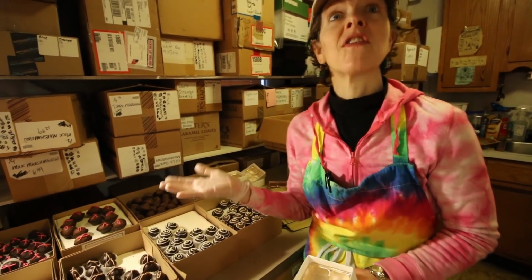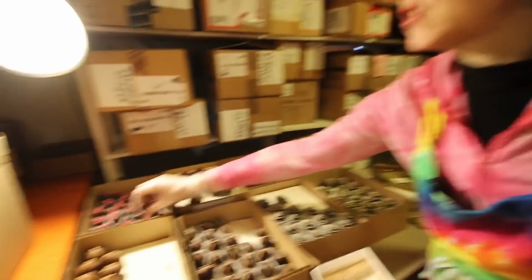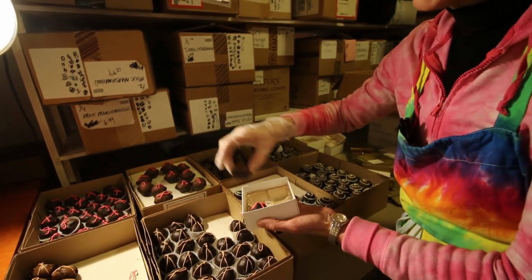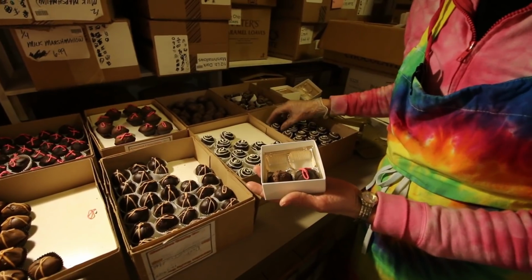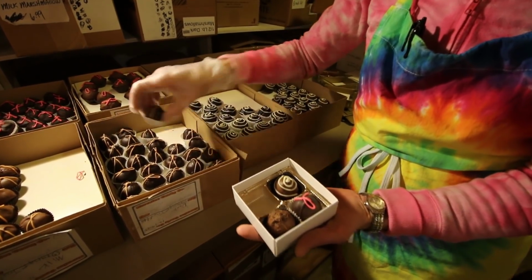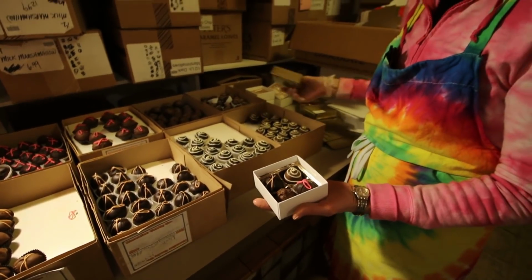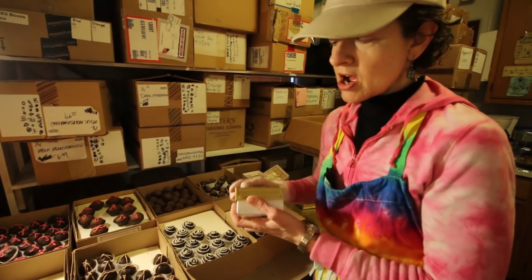We have 4 flavors, milk and dark of each. So I'm going to go through and put in 1 of each flavor, alternating. So that's raspberry. That is chocolate, and it's got chocolate shavings on it. And Irish cream. And I like to put the contrasting chocolates opposite each other. And following this pattern, that one now is orange. And I'm going to put the lid on it, and it's going to join up with these other